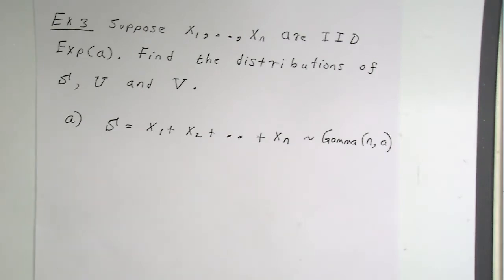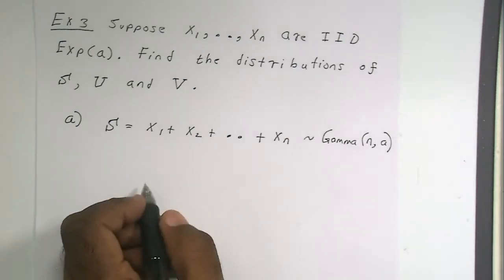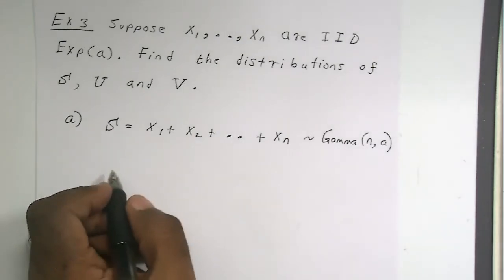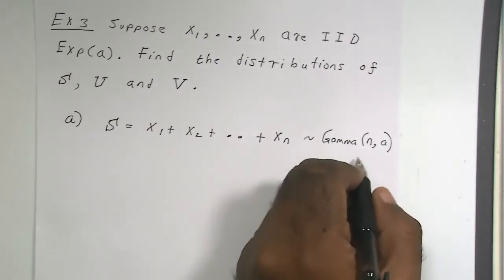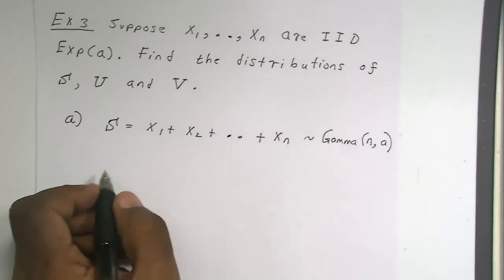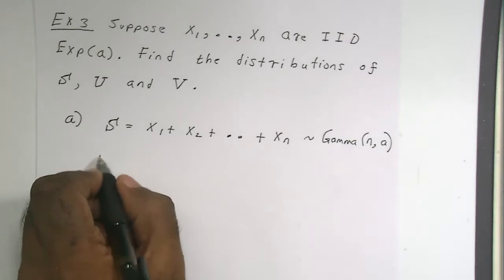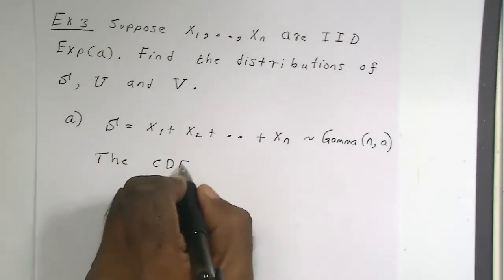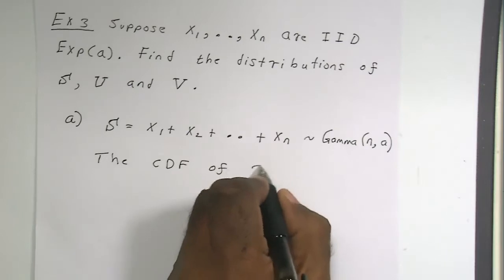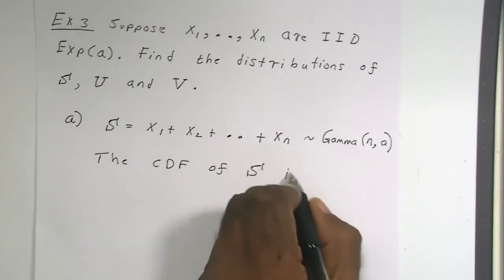If you don't know what the gamma distribution is, you can look it up on Wikipedia. All right, let me write it down. I'll come back to that later. The CDF of S is